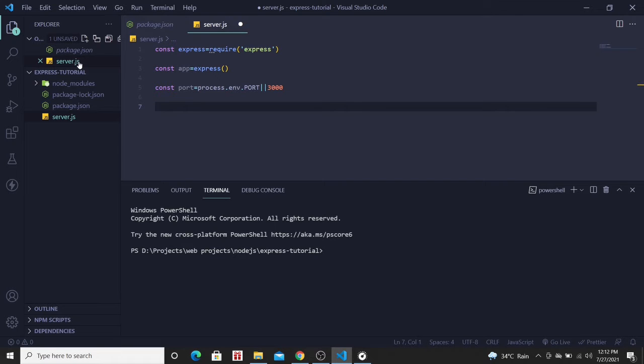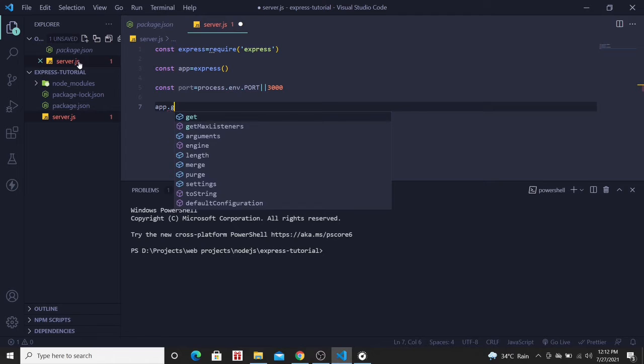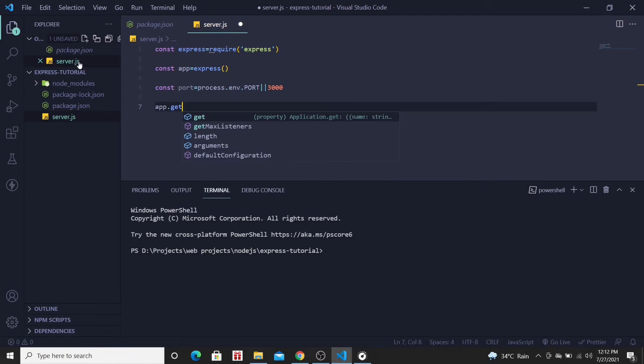Now first we need to define what to show when any client or browser requests the local or root directory. Say in this get method of this Express module, the get method takes two parameters as its argument. First one is the path for the get request, so in this case it's just a slash to define the root path.